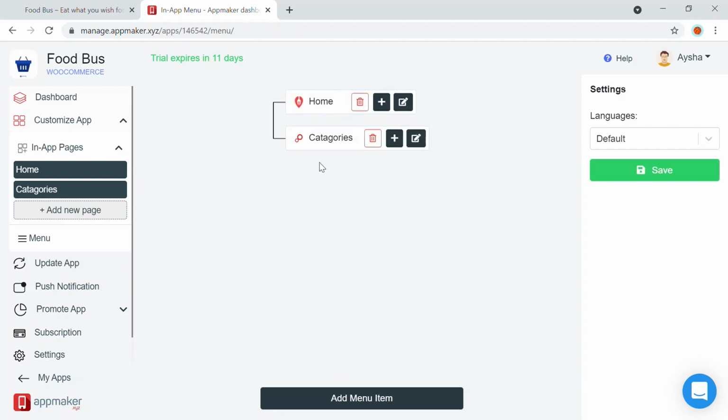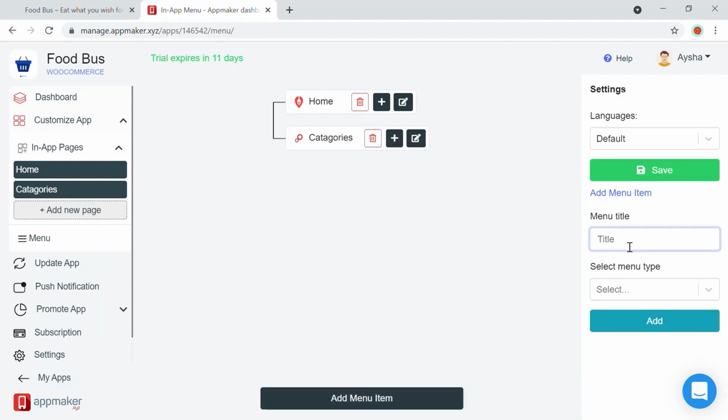If you want to add subcategories under this, you can just drag it right here and add a subcategory. You can continue this however you want. So now I'm just going to leave it right here, how this is going to be. Then I'm going to add a few more options right here, like I'm going to add a title like get in touch.